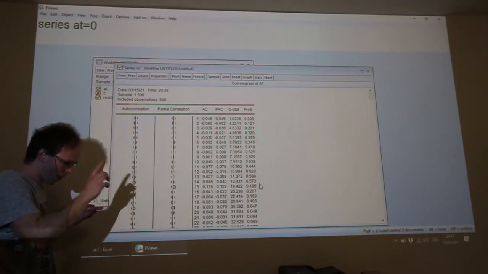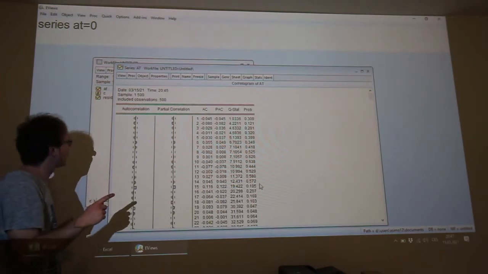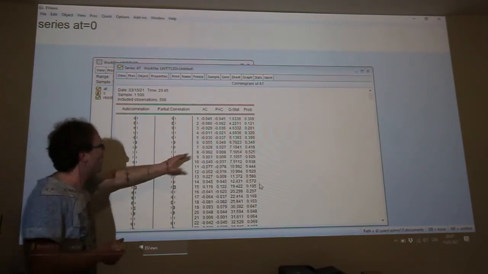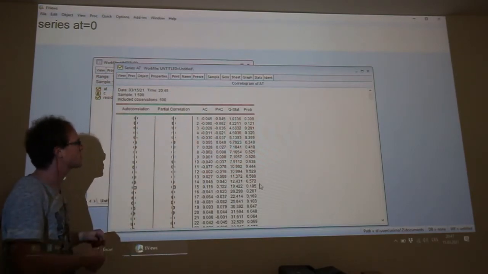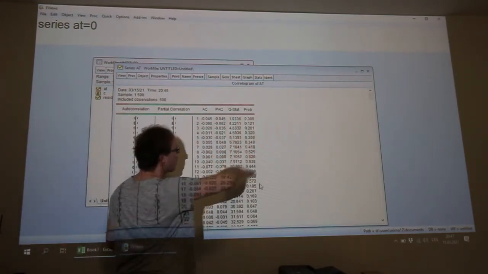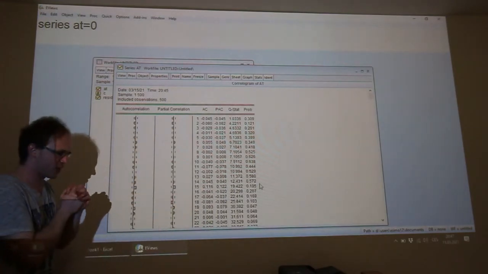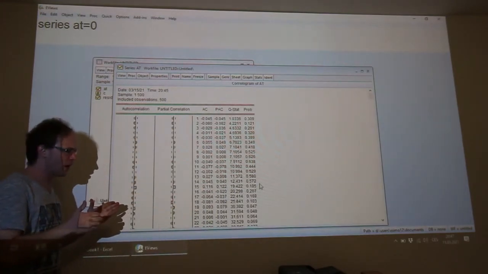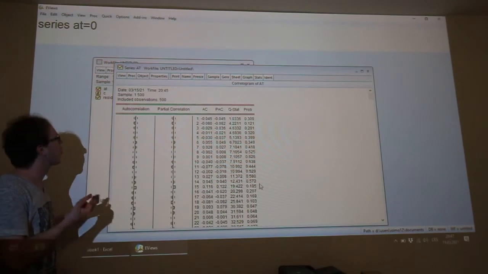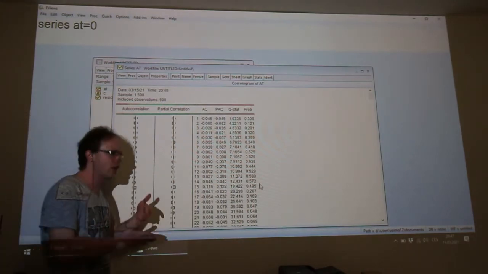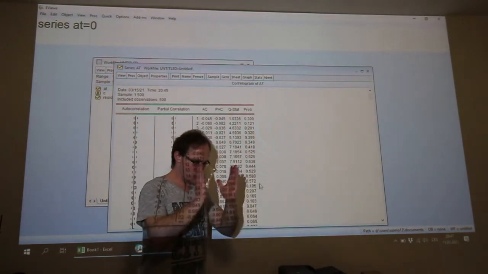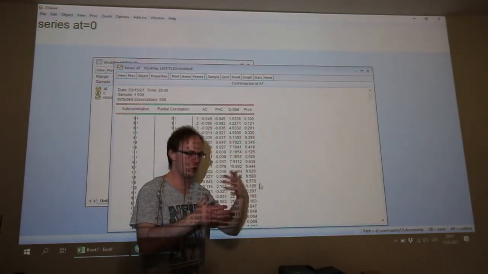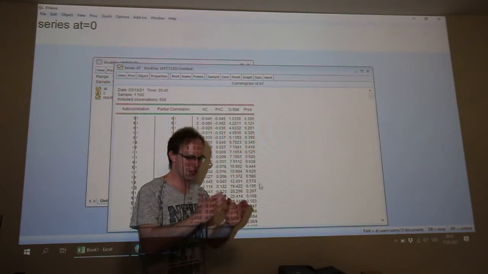A problem is if you have, mainly on the first position, a p-value below the 5% significance level. It means that there is a correlation between x in time t and x in time t minus 1, so a correlation between neighborhood values, and this is a serious problem.